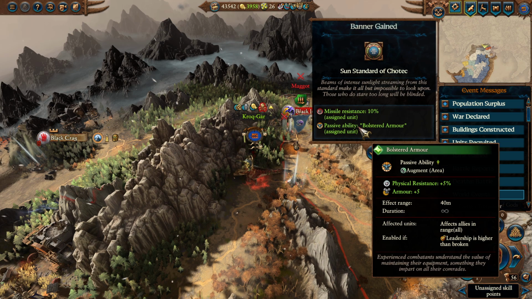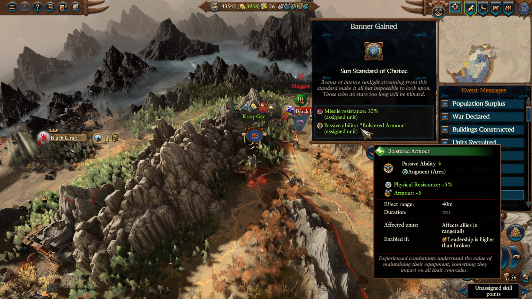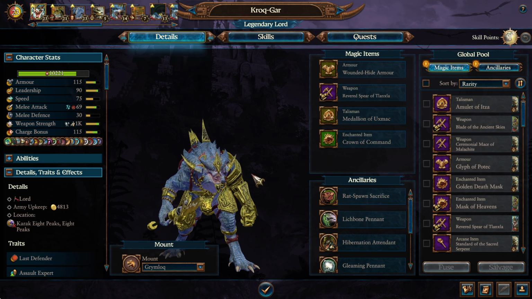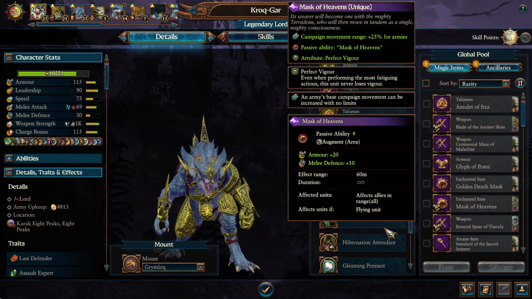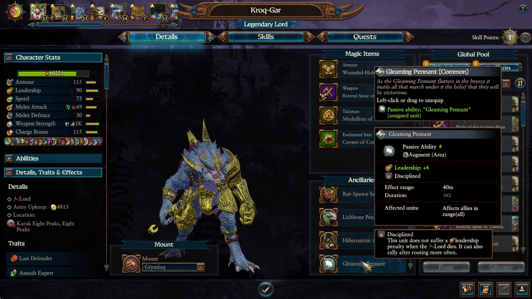Hello, Sun Standard of Xhotl, missile resistance and bolstered armor in area. Perfection. Absolute perfection. More armor and physical resistance for our piles of Saurus infantry. And we can put that on the Legion of Chakwa, which is in the middle of our piles of units. We do need to give up something, and I guess it's gonna have to be...